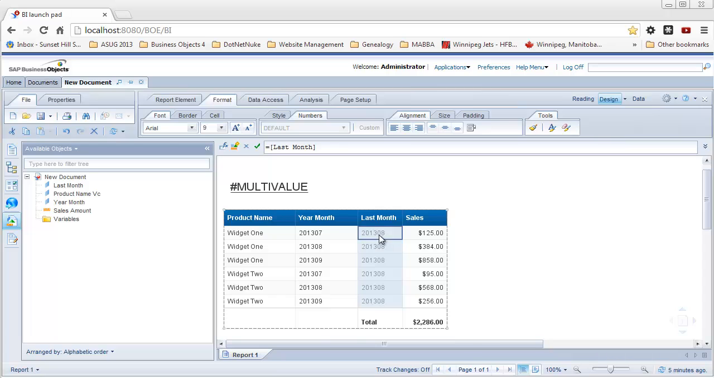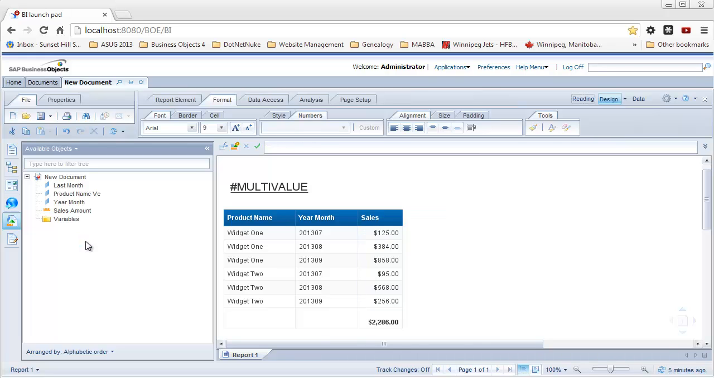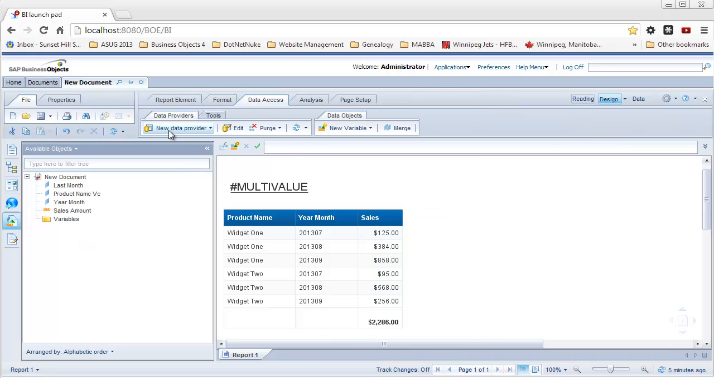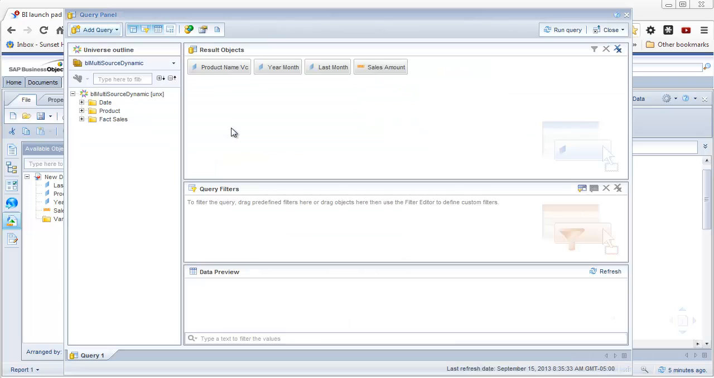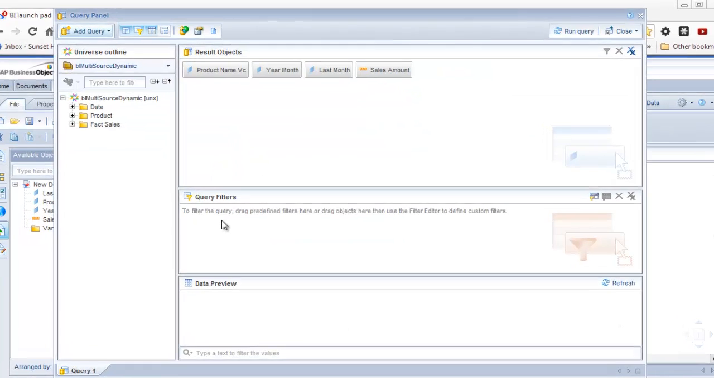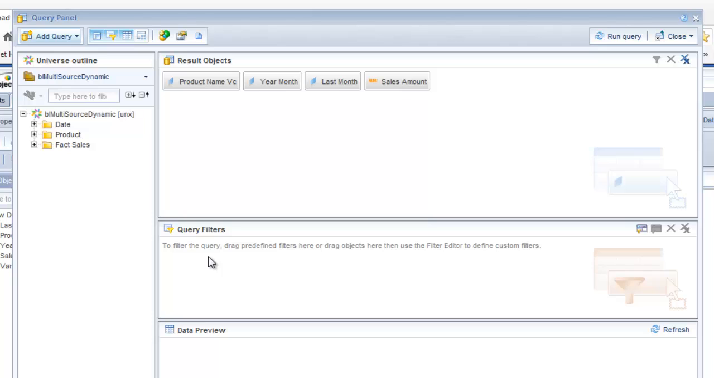So let's continue. First thing we want to do is we don't need this last month column to be showing in the report, so we'll just get rid of it. Now we'll go into the data access. We'll go into edit the data provider. So this is where we have to build a filter at the report level in order to achieve the same functionality we had before. So what I'm going to do, I'm going to say year month